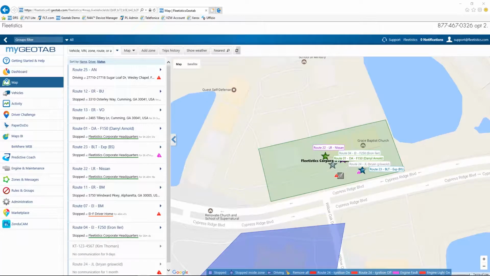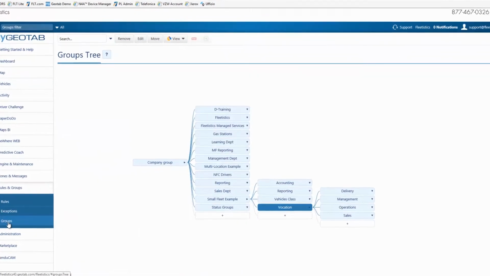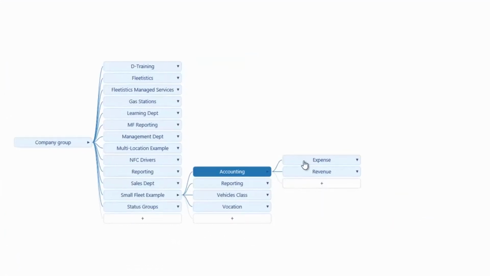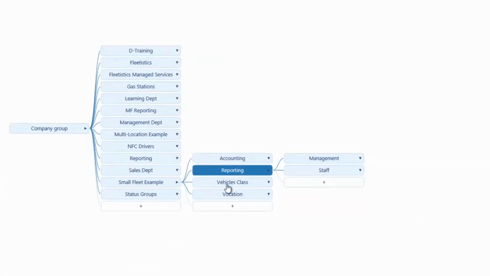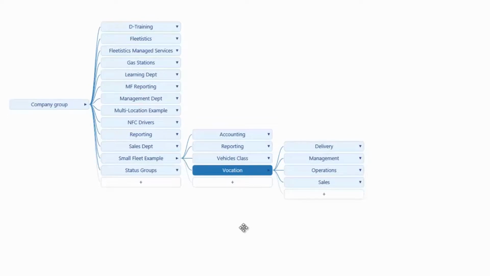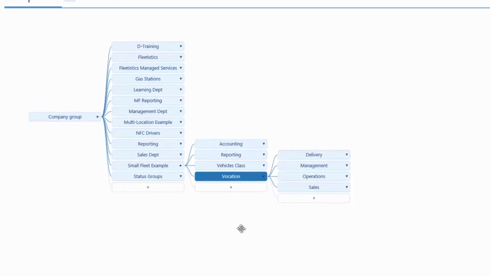In this installment of the Fleetistics instructional video series, we discuss the use of groups within the Geotab system. Groups provide users with the ability to organize vehicles, users, and rules. But beyond organization, they provide the ability to control the display of data and the distribution of reports. Groups make it possible for a user to view reports that contain only information on vehicles associated with their department